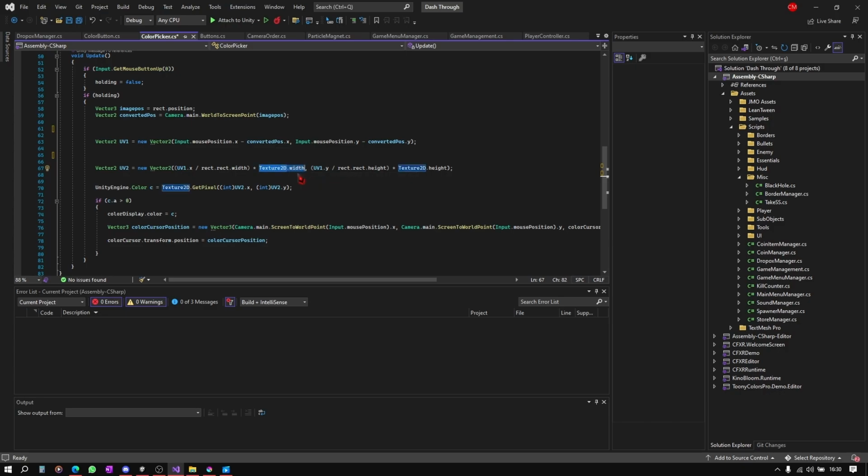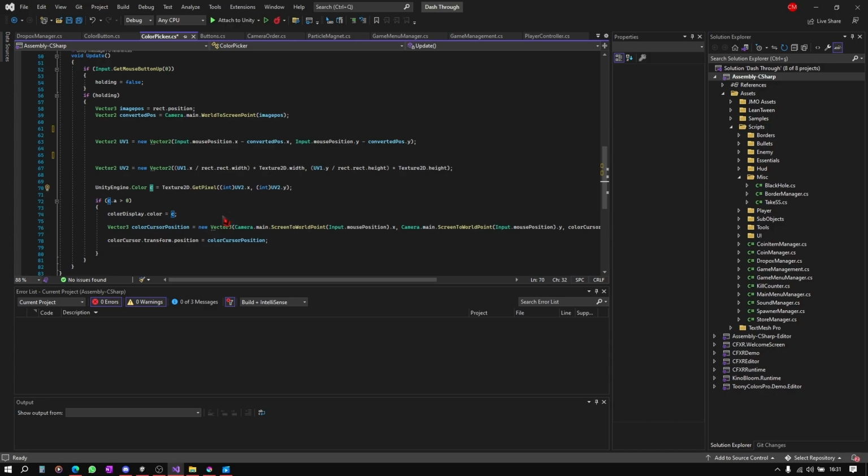And we're doing it one more time for the y-axis, and we are getting the exact UV positions of our points. After this one, we're just using this in our method, so we can get the pixel's color from